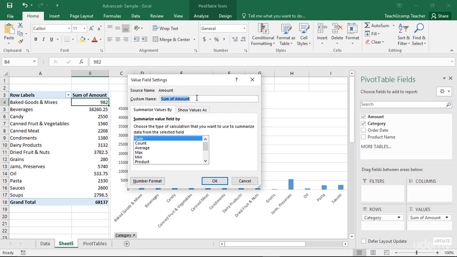The source name field shows the original field name from which the calculated field derives its value. You can type a name for the field to display into the Custom Name text box. On the Summarize Values By tab, click on the name of the function by which you wish to summarize the